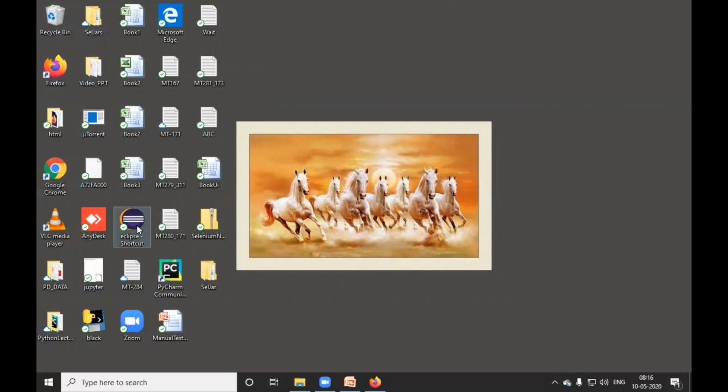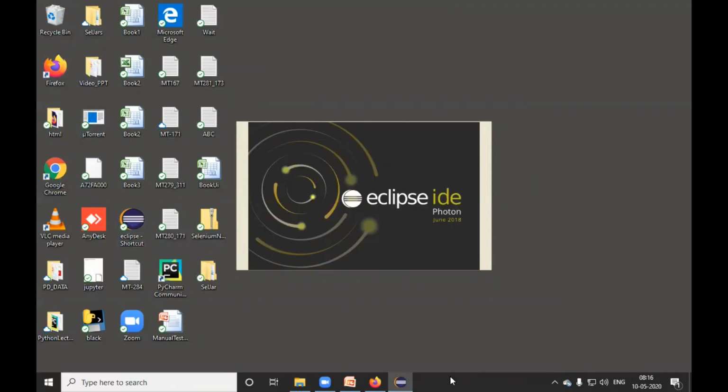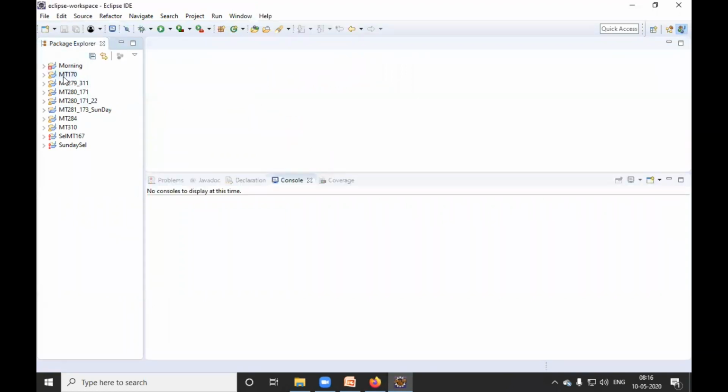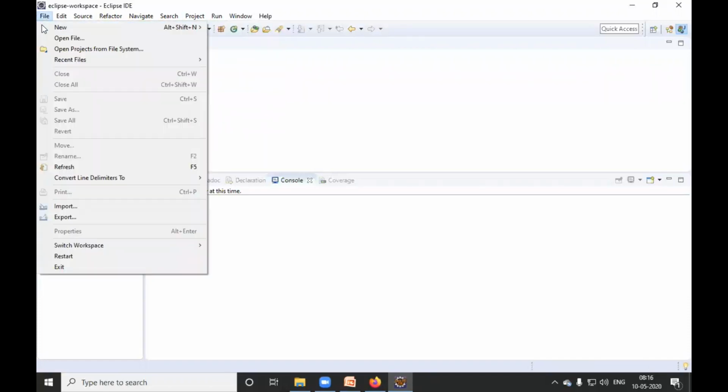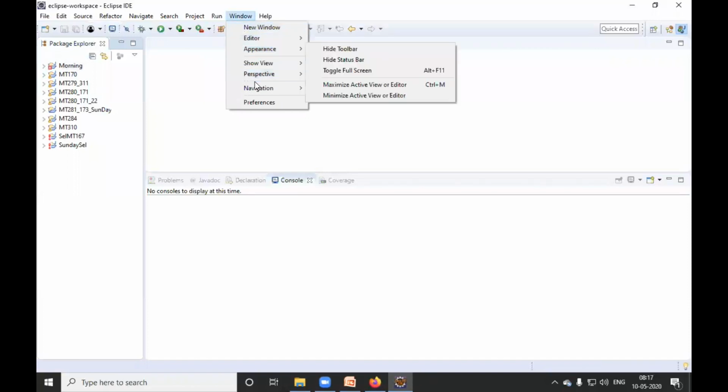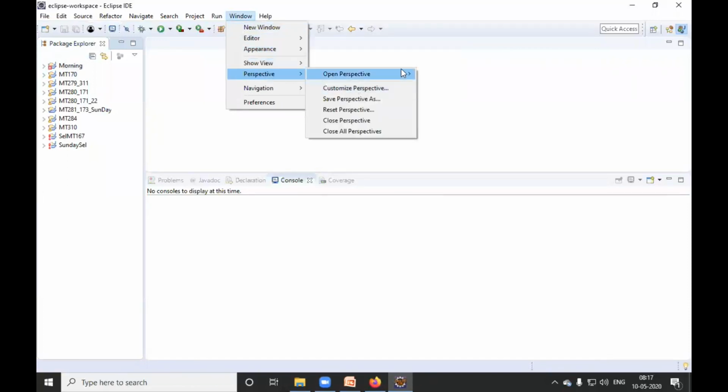So I will start Eclipse with the shortcut available. Eclipse is starting. It is taking time. So I will close everything. Now I will create a new sample project, a new Java project. If you're not able to find the Java project here, you can change the perspective from here, open perspective, and inside this you will find Java.